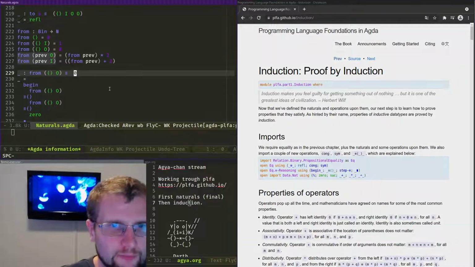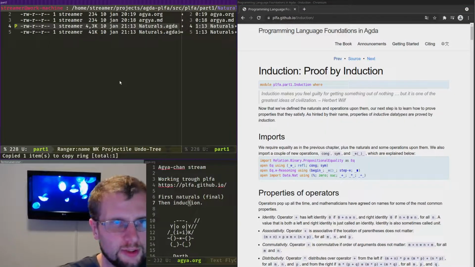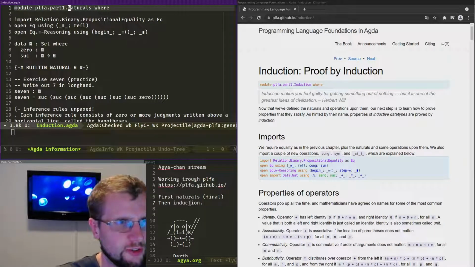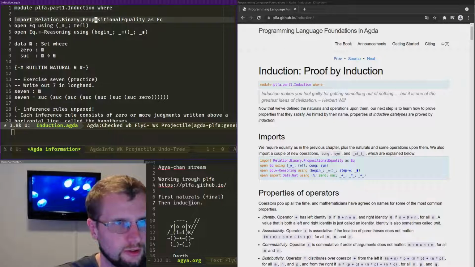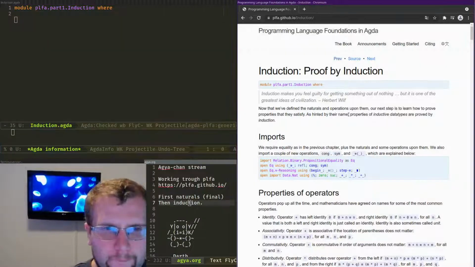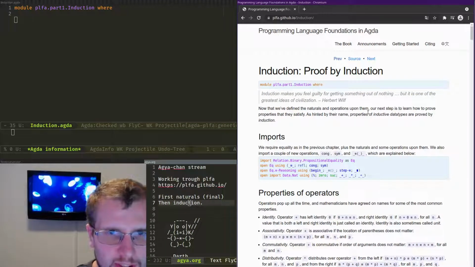Alright, we need to do the module. So part 1. Induction. I'll just fix the things. Trash everything. Load the thing. Cool. Empty module. Now that we've defined the naturals and operations upon them, our next step is to learn how